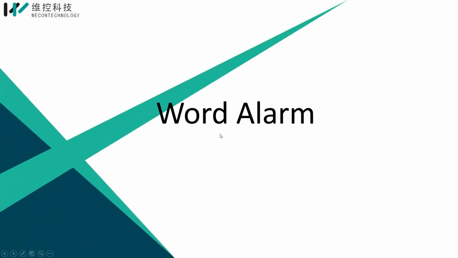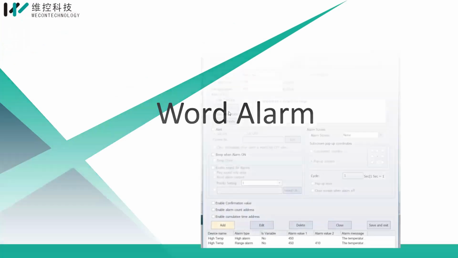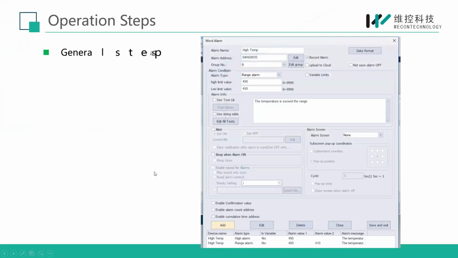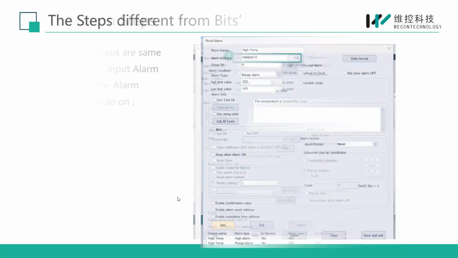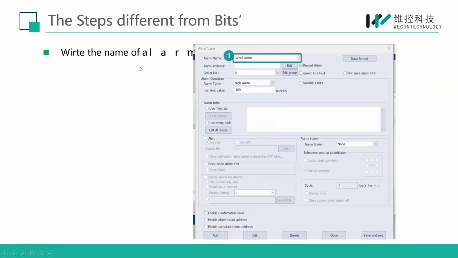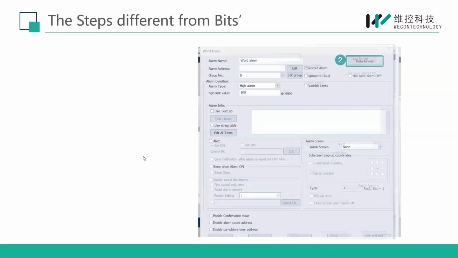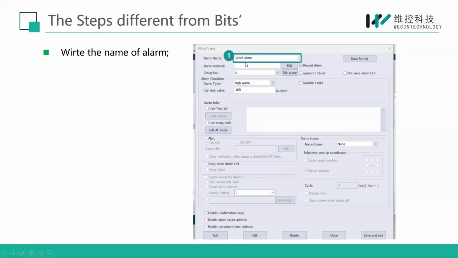And next is our word alarm. Our first one was bit alarm. It is clear. Now we will look at the word alarm. So the general steps are the same as the bit alarm: input the alarm address, set the alarm condition, and so on. Some settings are the same as bit alarm, but the steps are different from the bits. You can write the name of your alarm here. This first one is alarm name,